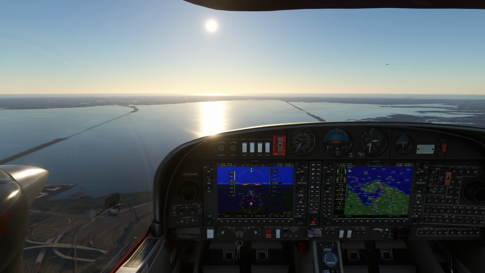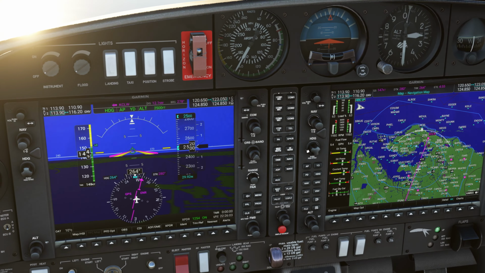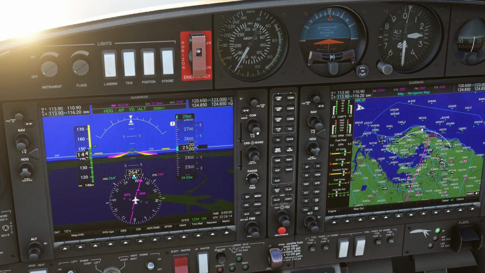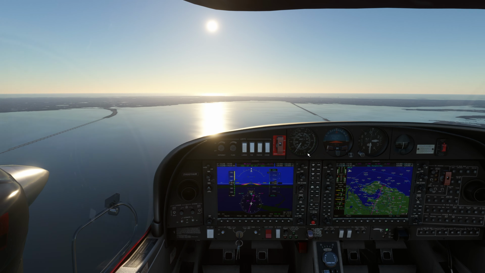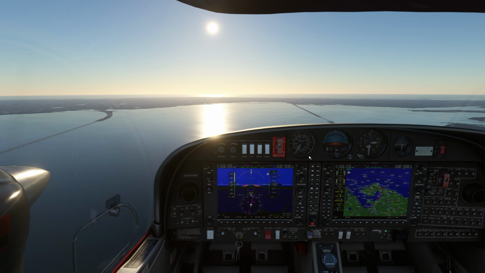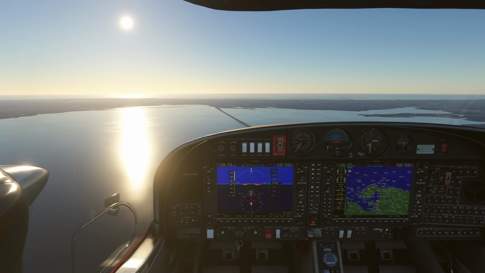CTAF is 123.0. And we're about 11 miles, so we'll give a call at 10 miles. Clearwater Air Park, Ziggy Air November 123 Alpha Romeo is 10 miles east from Clearwater for full stop landing runway